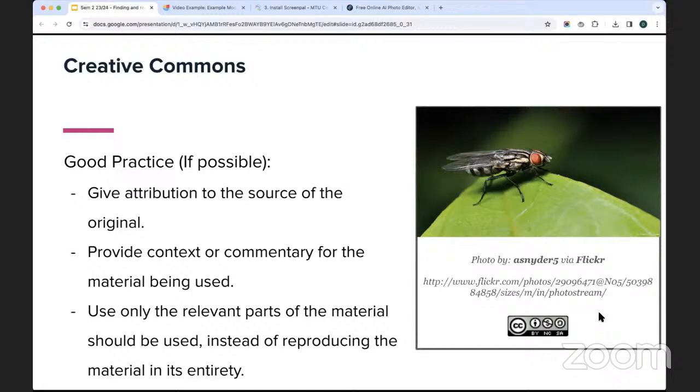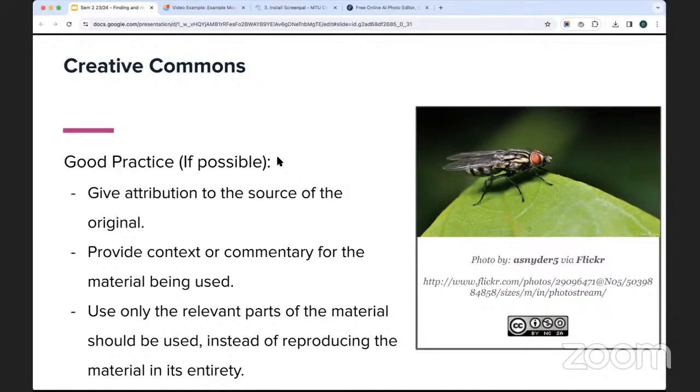So even if something doesn't have a Creative Commons license associated with it, there are a number of elements to learn from Creative Commons. Good general practice, if you do want to use material which came from somewhere else, which you are not the original author of, is simply to give attribution to the source of the original.